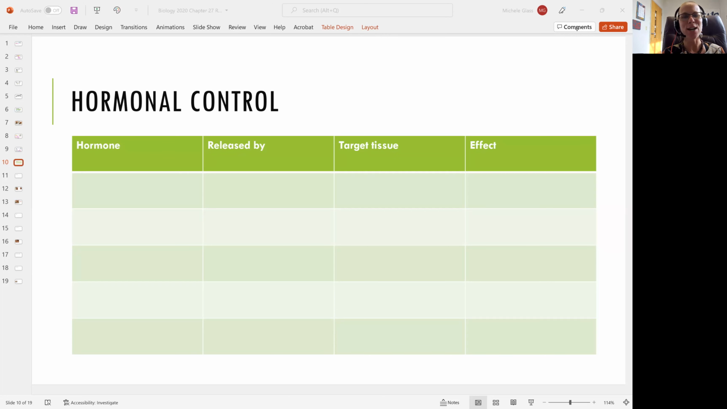We are ready to talk about the hormonal control of the male reproductive system. And so, of course, we have a lovely table. I have 6 rows and 4 columns. The first column is the hormone, second is released by, third is target tissue, and the last column is for the effect. So when we talk about our hormones, let's start first with